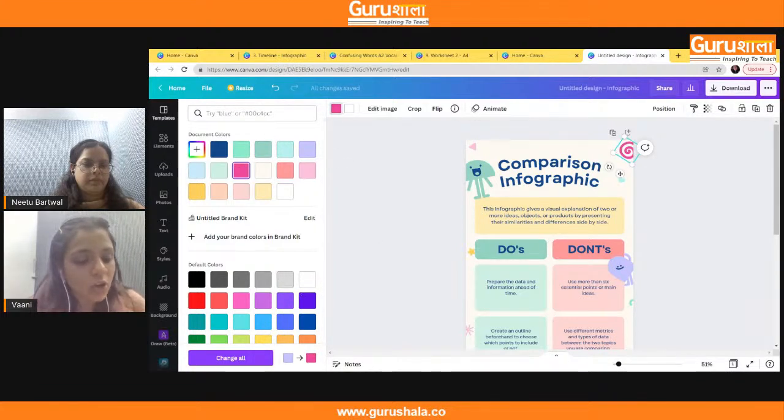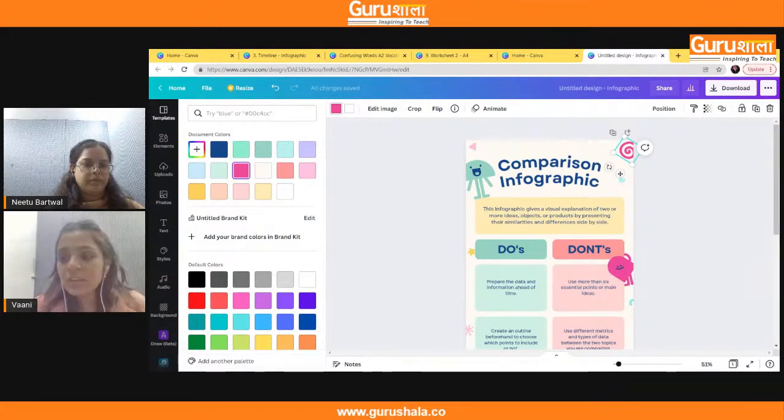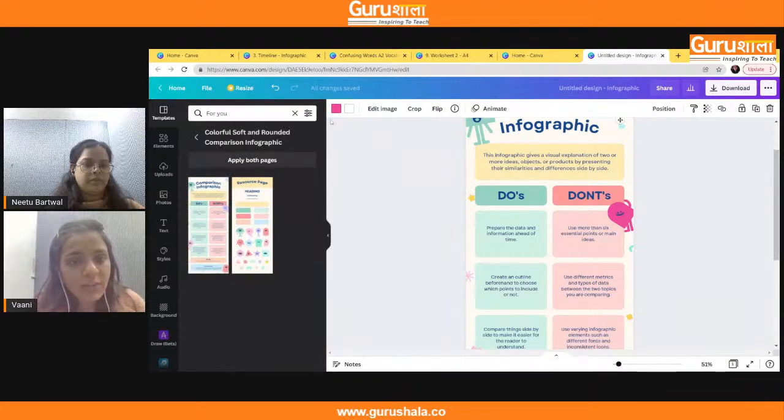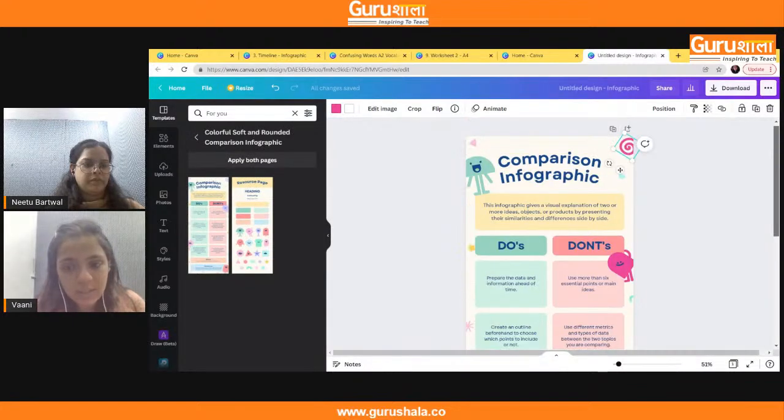And it will also give you the option of changing all these colors to this color that we have changed it to right now. So if I click on change all, then it will turn the color blue into pink for all the similarly colored elements. So we have explored the colors of the elements and also the elements.